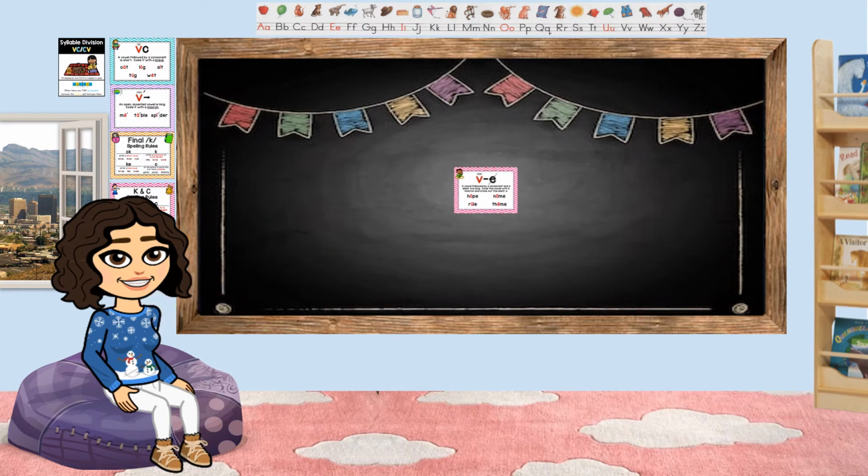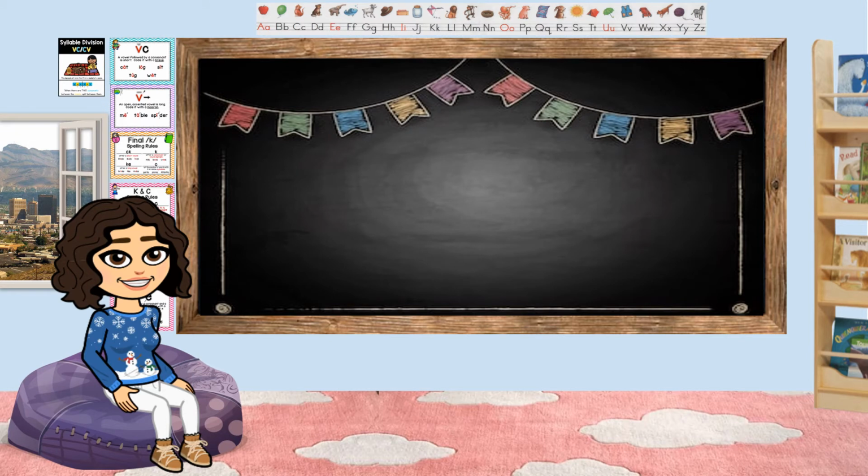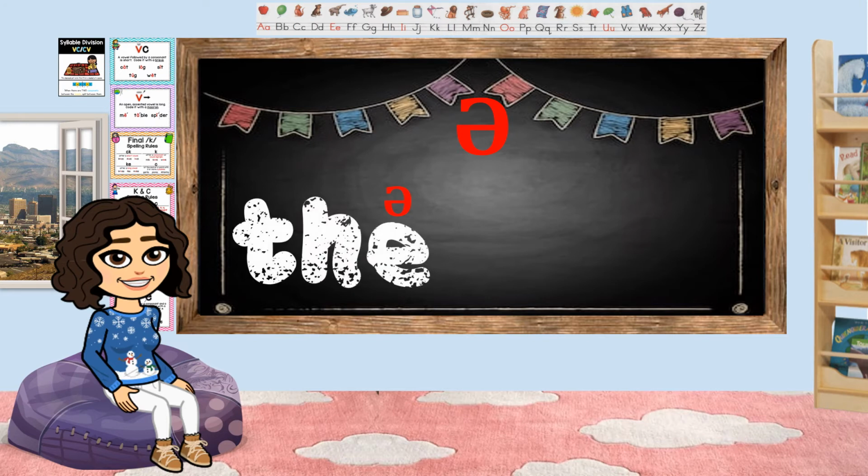We also have our vowel consonant E rule. A vowel followed by a consonant and a silent E is long, and we code the vowel with a macron and cross out the silent E. Remember, when we hear a vowel make the uh sound, that means we need to code it with a schwa. We'll usually do this with the words the and